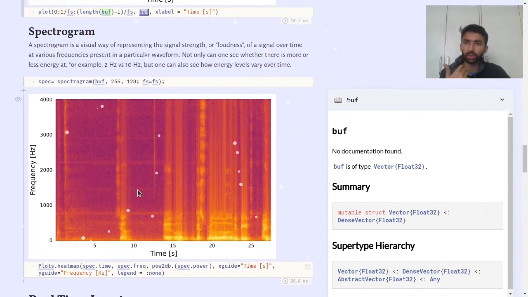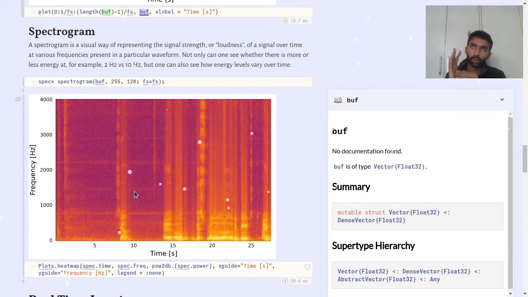So moving on to the next thing, a spectrogram is a visual way of representing signal strength or loudness of a signal over time at various frequencies present in a particular waveform. So what it means is, we have a time period, and in that time period we have audio.